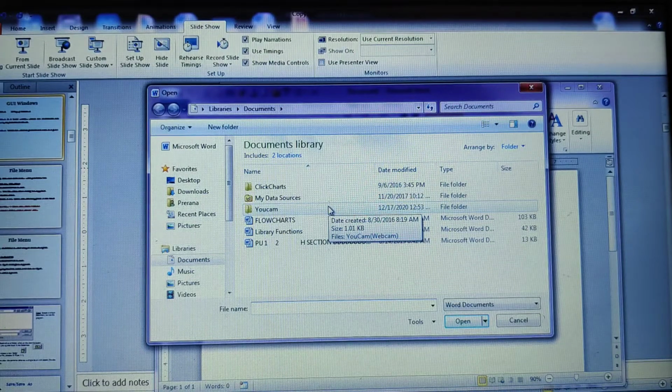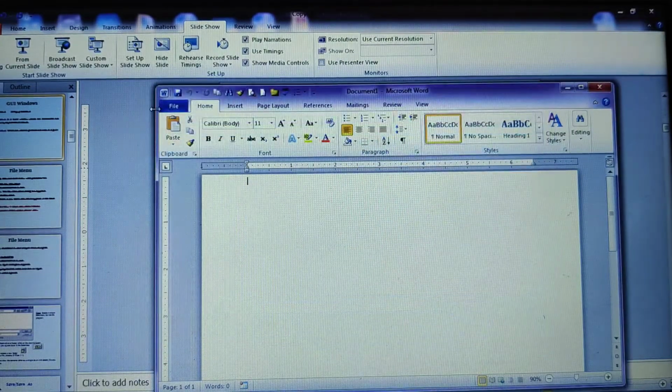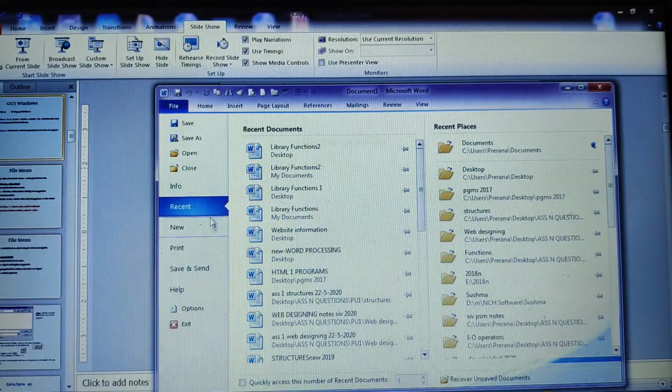Such windows we refer to as pop-up windows. This open dialog box will help you to open an existing file. Apart from this, it doesn't perform any other operations. That is why it is called a pop-up window. Whereas fixed windows allow you to perform some standard operations.